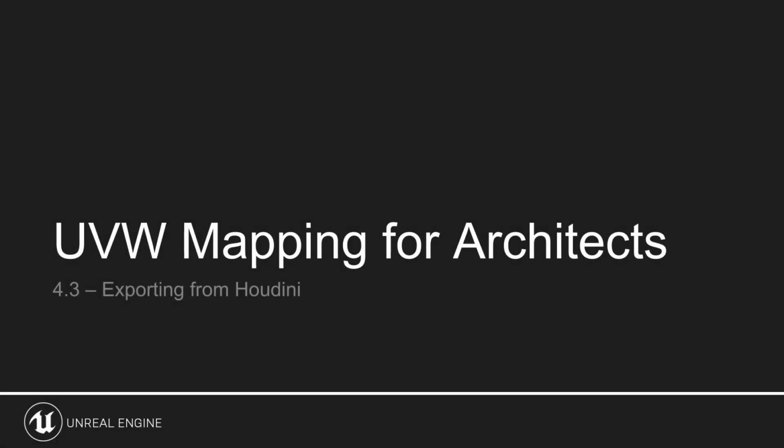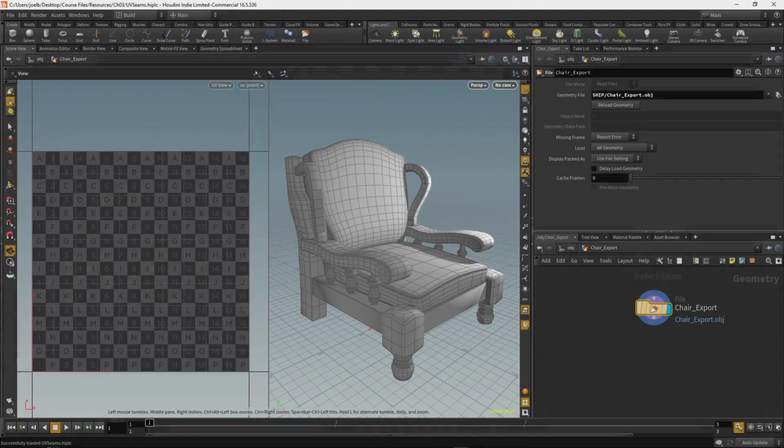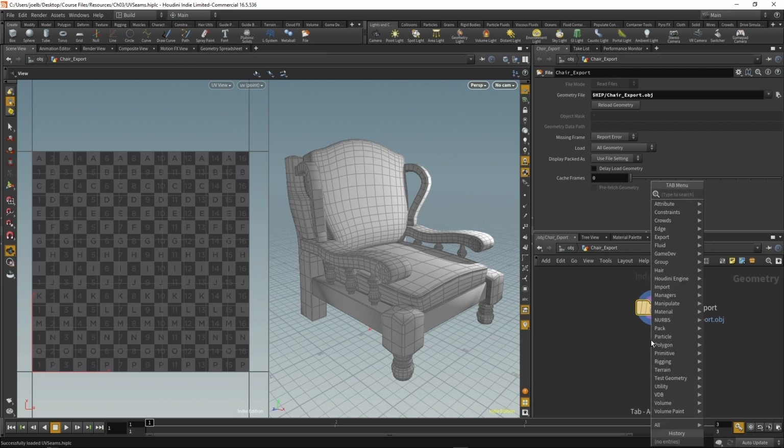Having quickly looked at just a few of the UV mapping tools available inside Houdini, let's take a look next at how, once the mapping is applied, we can export our static mesh in order to take it into Unreal. With our scene open, as I don't currently have any UVW mapping applied to this mesh, let's add some quick and dirty mapping to it from inside the graph view with the file node selected, pressing the Tab key, and